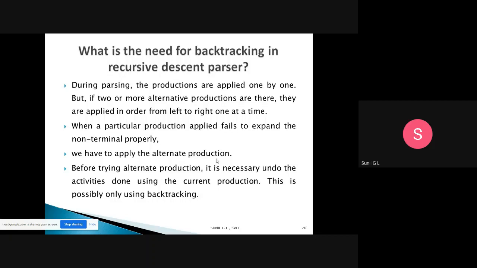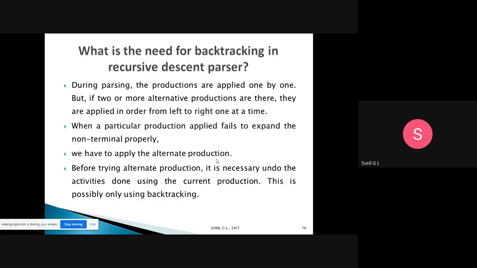When a particular production applied fails to expand the non-terminal properly, and fails to get the final output, we have to apply alternative productions. When you want to apply the alternative productions, it is necessary to undo the activities done during the current production.